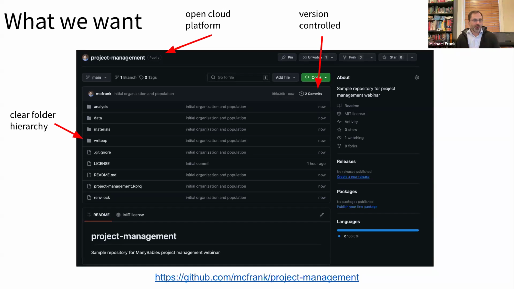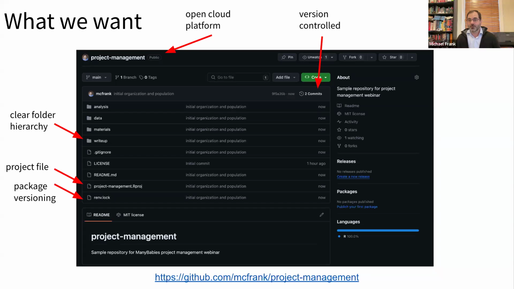It's got a clear folder hierarchy with a bunch of easy to recognize and reason about subfolders, like analysis, data, and in data we've got experiments 1 and 2, materials, and write-up. It's got an RStudio project file, which allows you to open the project as a whole in RStudio, which is, of course, the integrated development environment for the R statistical programming language. So these project files, as we'll see, are a really great way to keep track of dependencies and paths within your R code.